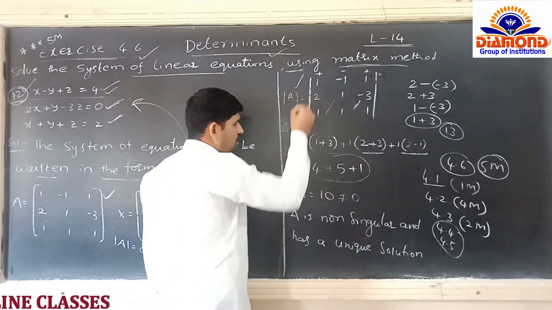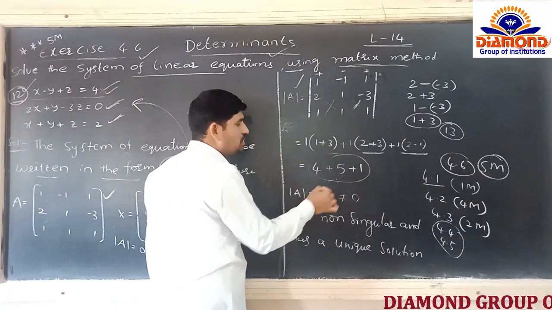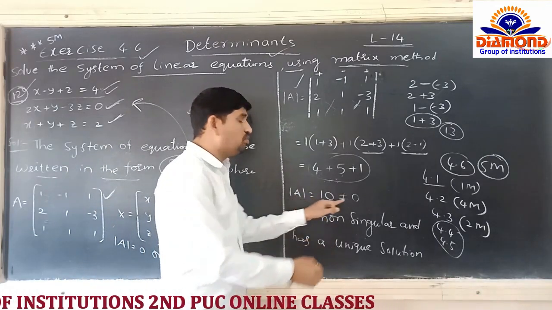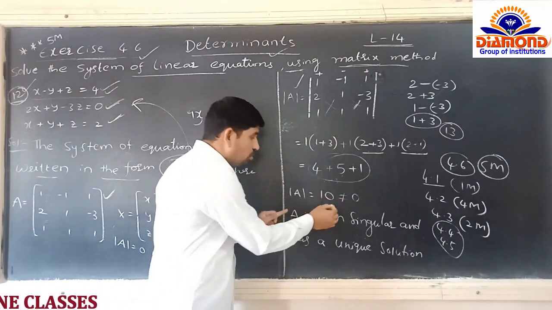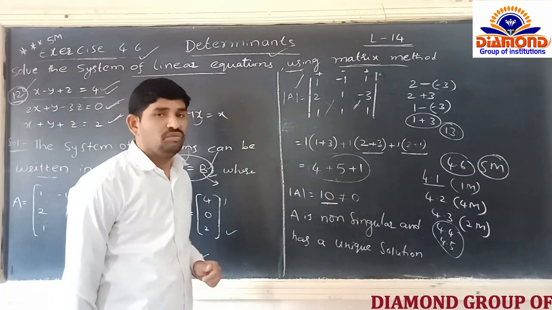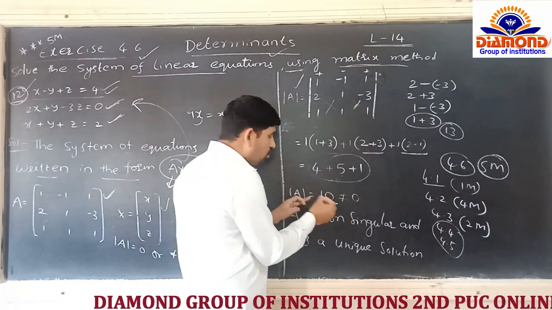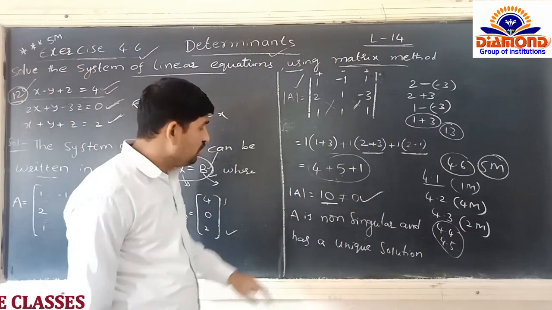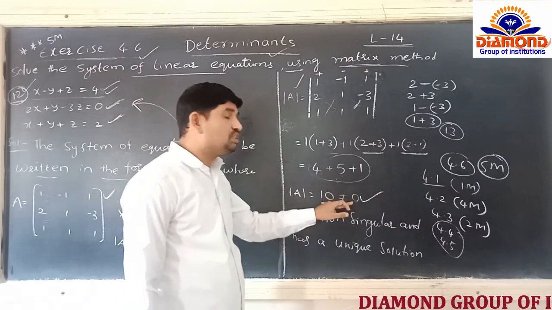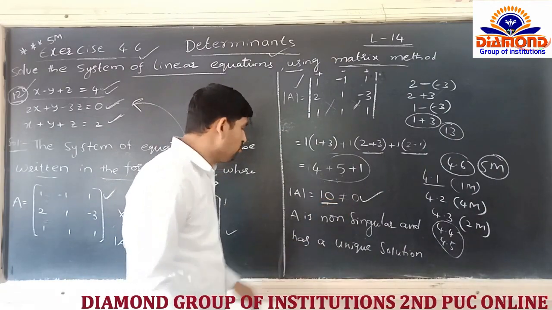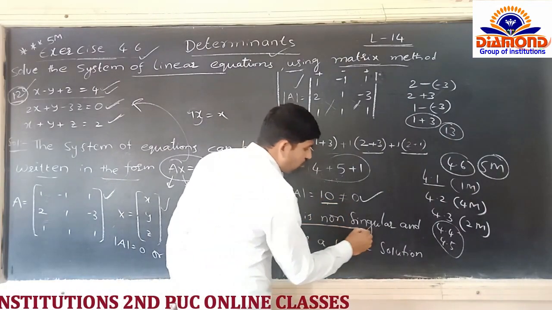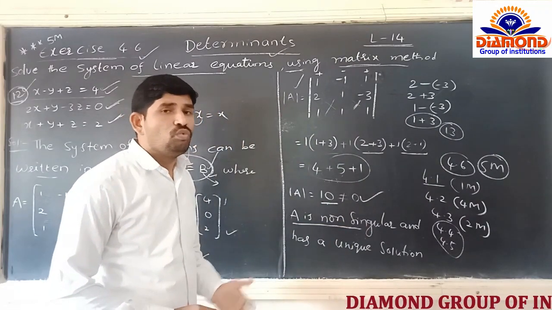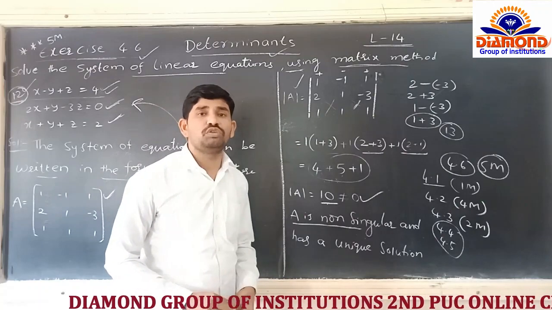Next one. This total result we are having here what? 10. Means we can say determinant of A is equal to what? 0. Determinant of A we are not able to get the 0. Yes or no? So result we got here what? 10. So we can say determinant of A we got 10 is nothing but which is not equal to 0. Yes or no? Determinant of A which is not equal to 0 means remember here A is a which kind of matrix that is? Whether it is a singular matrix or non-singular matrix. What are the definitions of singular and non-singular matrix?